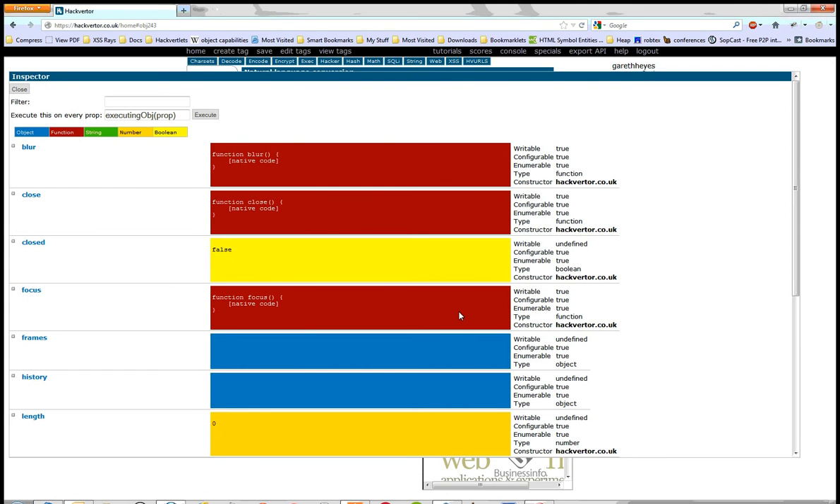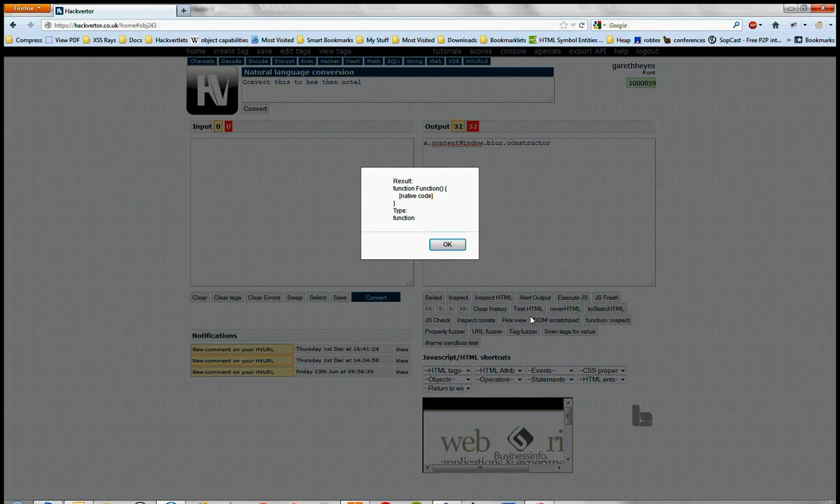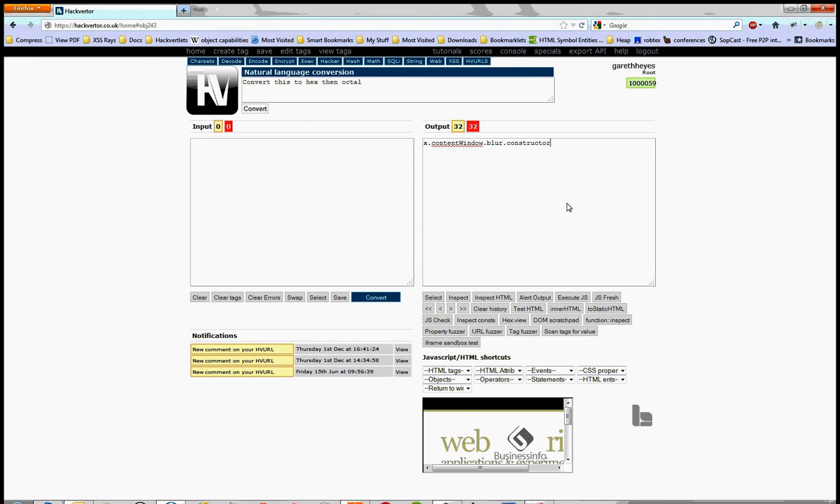Alright, so the constructor on the right hand side, which you can see is hackverter.co.uk, which is correct. That's what the constructor should be. Let's, for example, say that the constructor was incorrect and referred to the other domain name, which was businessinfo.co.uk. Let's say the blur property was vulnerable to this. So you'd exploit that by doing blur.constructor, which returns function, and then